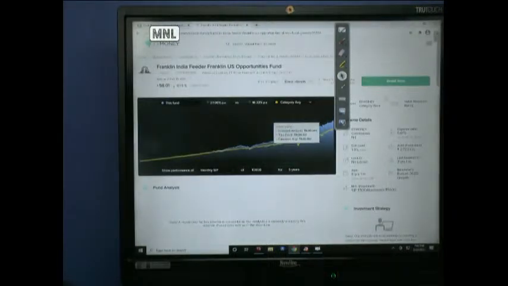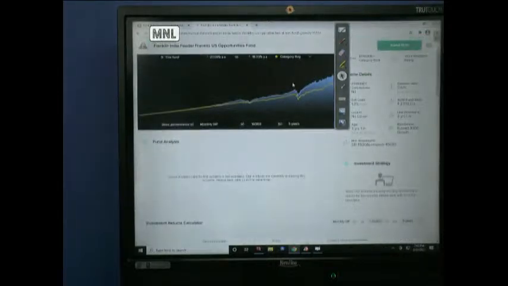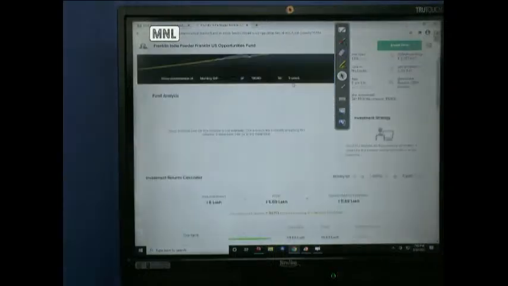So the scheme, plan option, direct growth, we are not getting the return easily. It's 8 years or so, and let's look at the